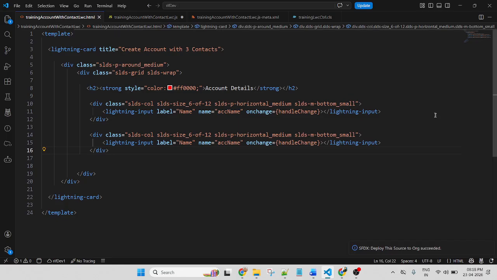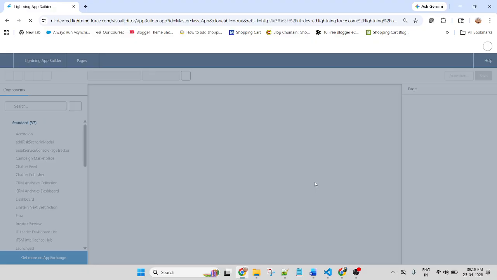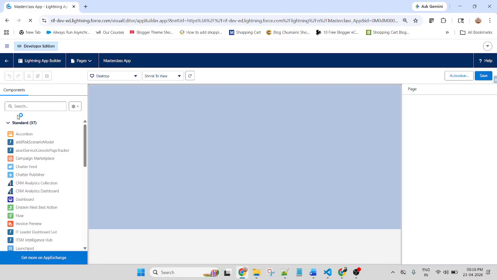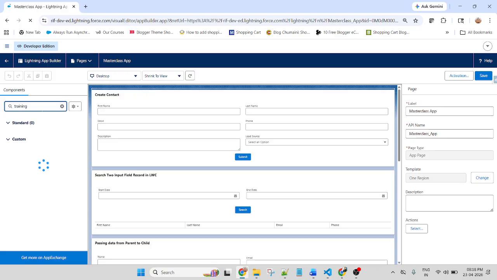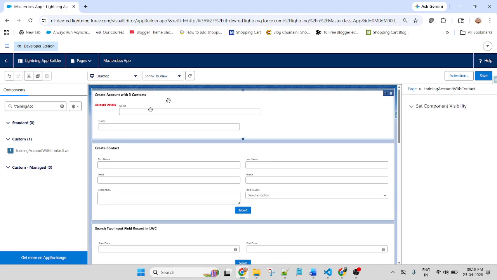My file name is training account with contact. This one, training account with contact. Simply copy, select, and drag and drop here. My form does not display yet.